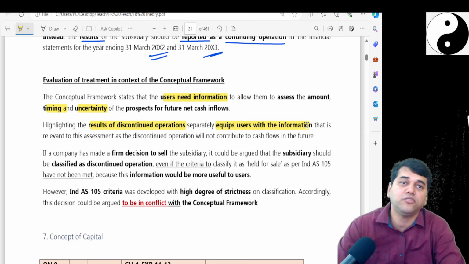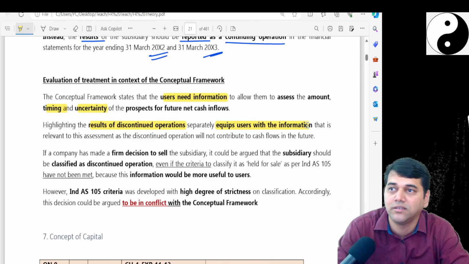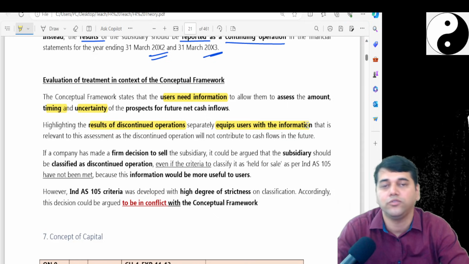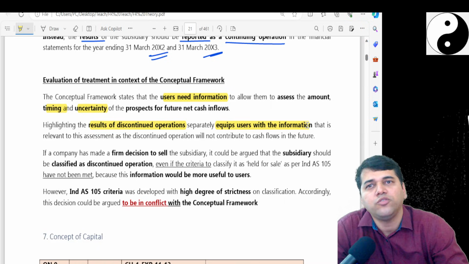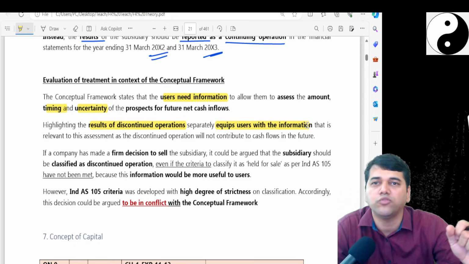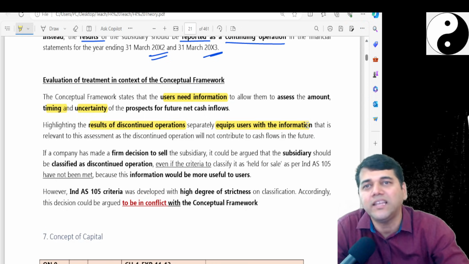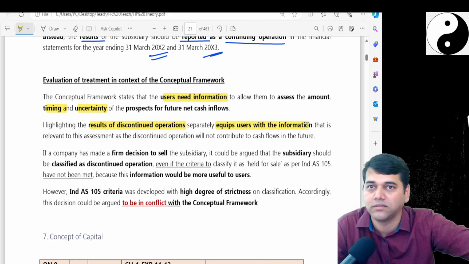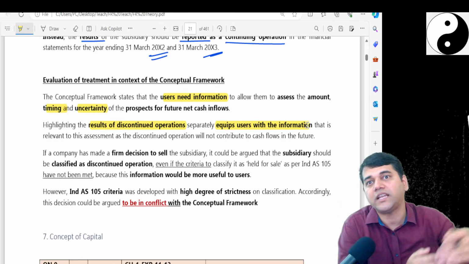So if your intention is not to carry on the business, just because you didn't advertise, does it become a continuing operation? You see, you have got one subsidiary, you don't want to continue, you want to sell it. Only thing is you didn't actively market it. Like suppose you have got one scooter, you are not using it, but you are not selling it also. What is the true status? It is actually abandoned. Followed, no? So when it is abandoned, you cannot say that that scooter is in active use, no?